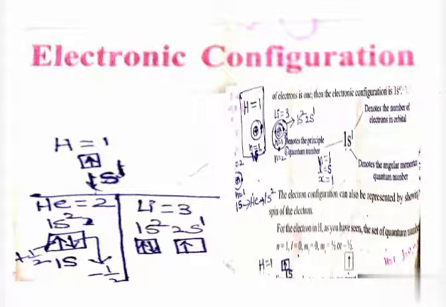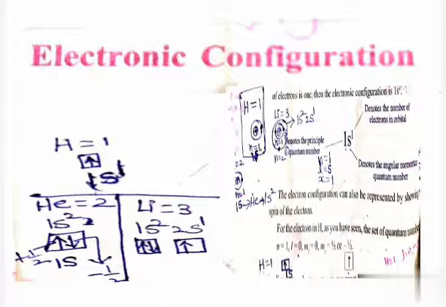So depending on the NLX method, how can we write its electronic configuration? In the place of N, what can we write? It belongs to the first shell, so we write 1. The L value is S. X, how many electrons are there? 2 electrons are there. So 1s2. Helium configuration is 1s2, hydrogen configuration is 1s1. Like that.